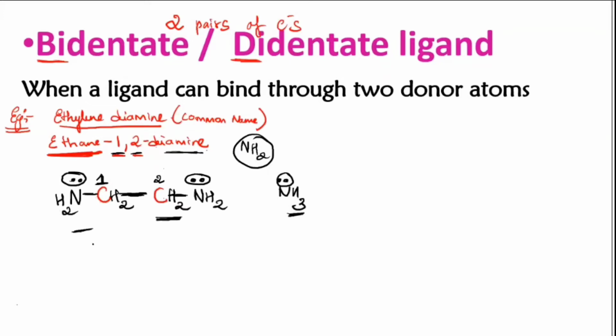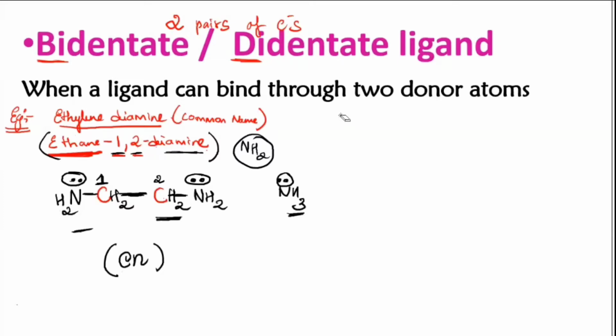Now, in short, when they give you the complex, maybe in the paper or in your book, sometimes you will see that they don't give you this full name. What they do is they make it short and give you En. This is how we abbreviate it. It is abbreviated as En. So you have to remember this: En is the abbreviation used for ethane-1,2-diamine. One example. Now I'll give you one other example also.